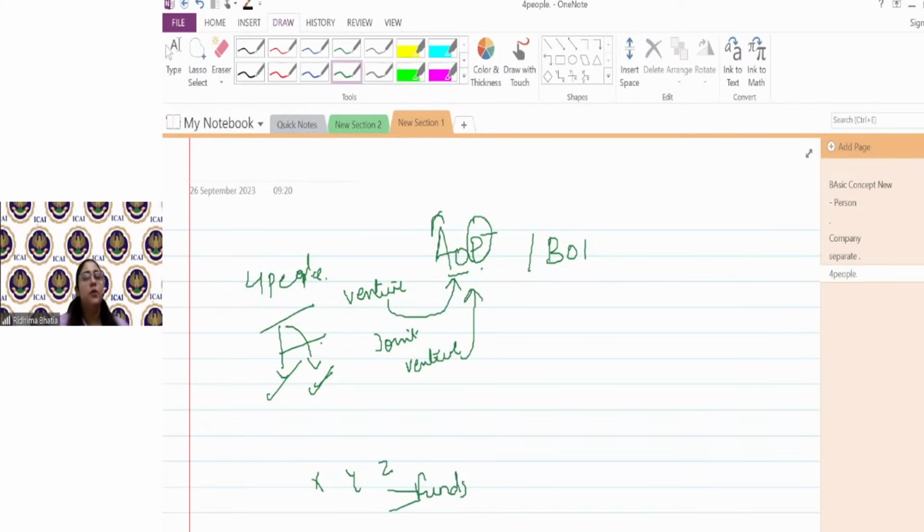They have just come, there is no concept of going concern also necessarily. They have just come to form a building. उनको एक building बनानी है और उसके बाद X का ऑफिस खुद का, Y का खुद का, Z का खुद का. Common purpose is to form a building. उस building से maybe some rental income can come. अब this or some common project has to be fulfilled together.